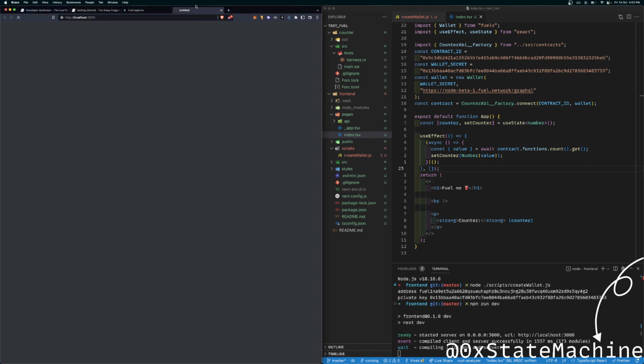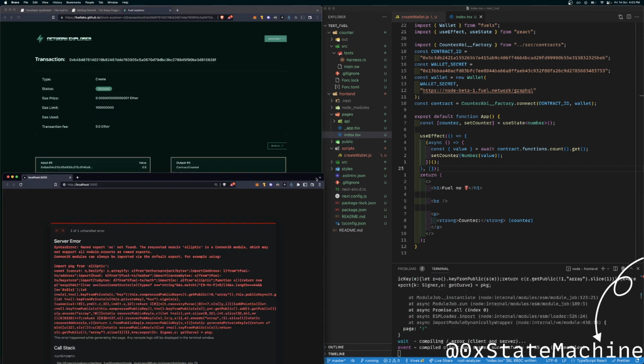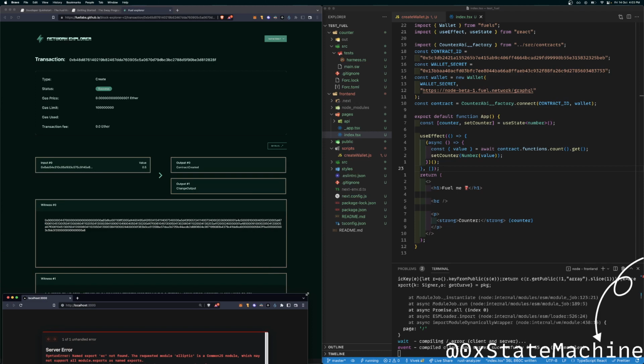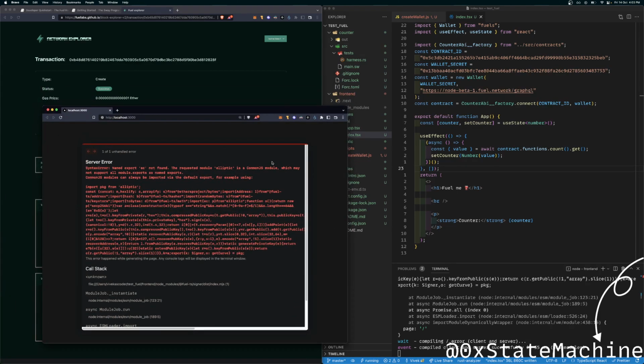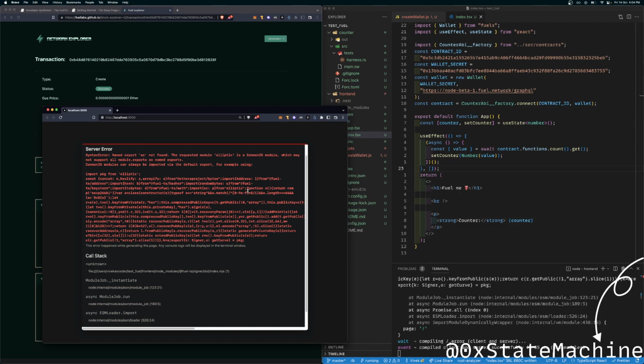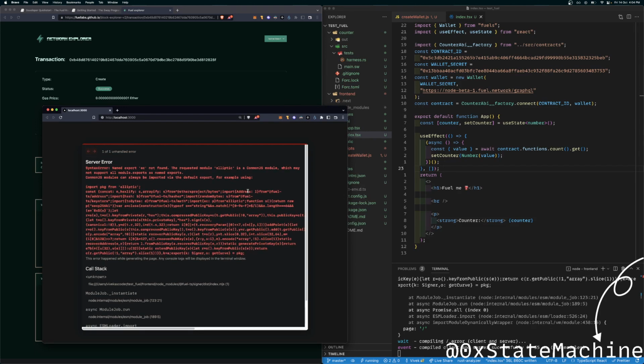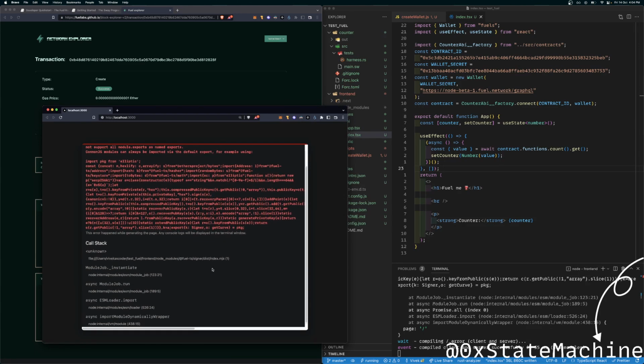And here is our little front end with a lot of errors. Wow. What is this exactly?